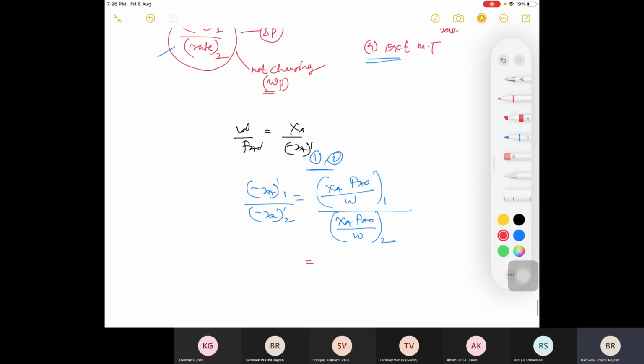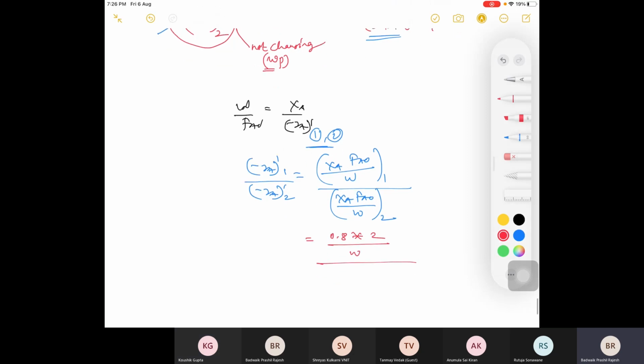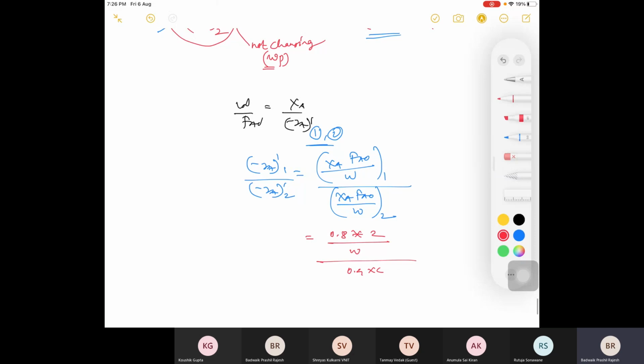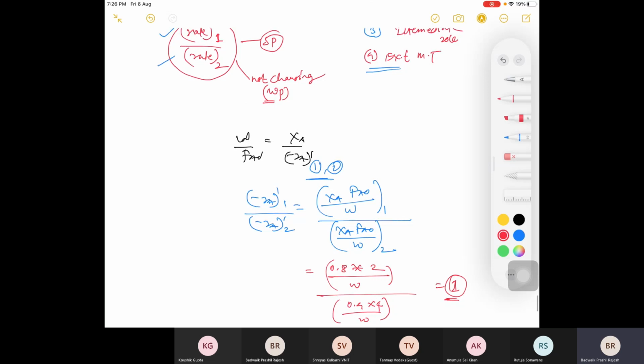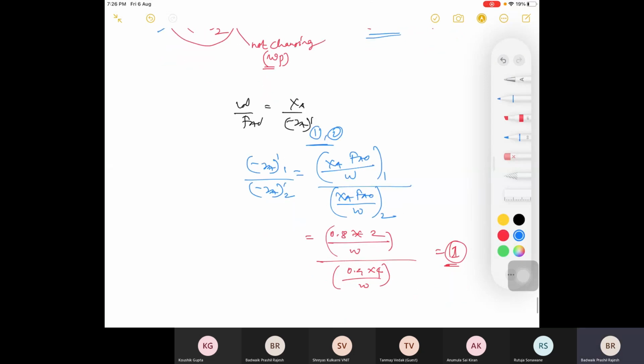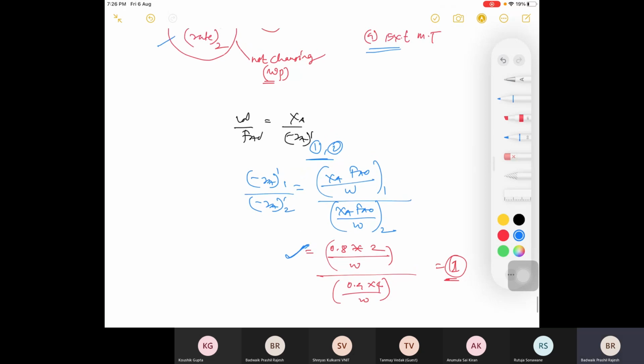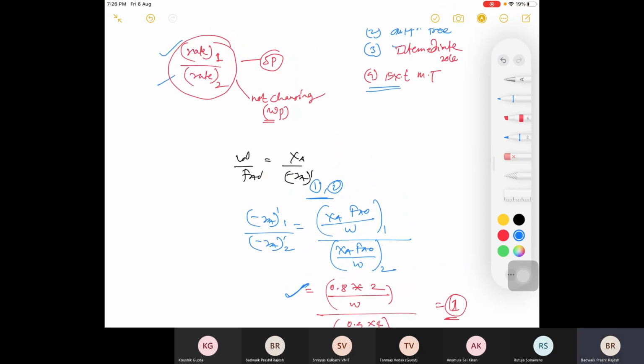Now please tell, what is Ra1 divided by Ra2? Sir, it's constant, sir. 1. 1, right? You will find this 80%, and this is your W, and they're divided by 40% into this quantity. So you will be having 1, right? You can see by changing your particle size, by changing your parameters, there is no change in rate. No change in rate. So what could I say there?